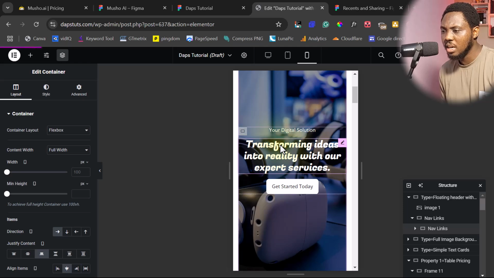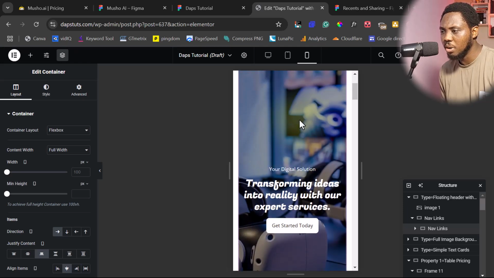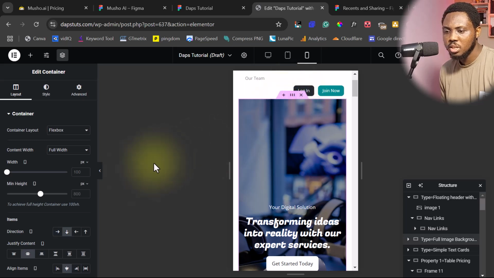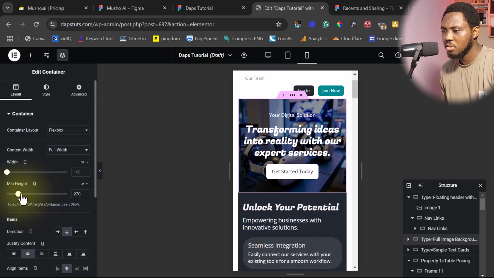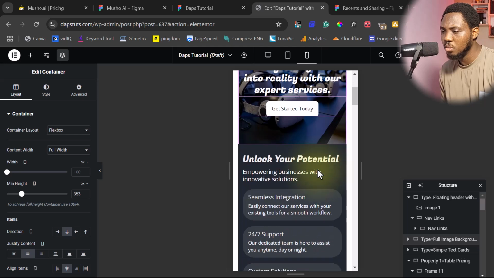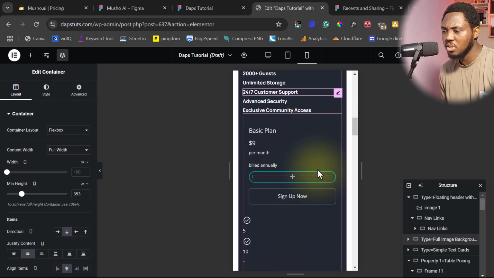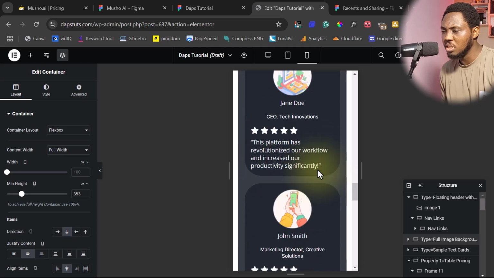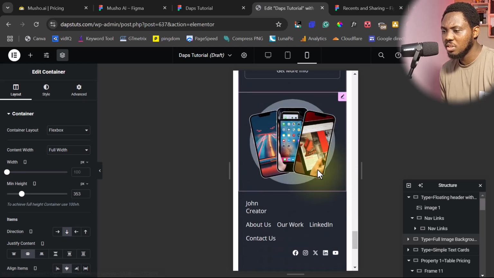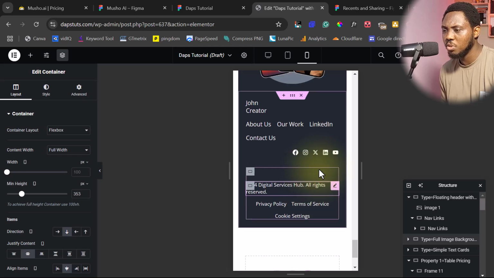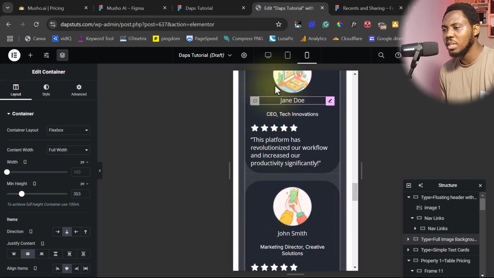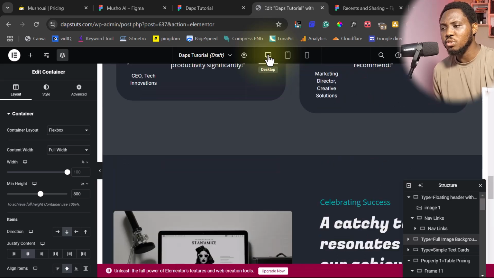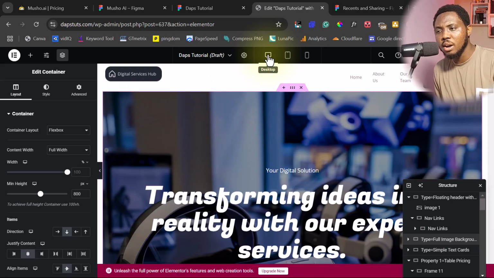So for our header, you can see this is just too long. We might want to solve this problem. Maybe something like this is good for mobile. You can see this. I'll leave this as is. You can play with this however you want, but you can see this is just super amazing. You might want to reduce the text here to make it a little bit smaller, and then you can see that this is beautiful. And that's exactly how to use UiChemy to convert your designs from Figma to Elementor,